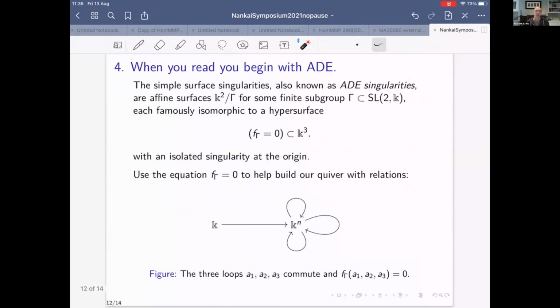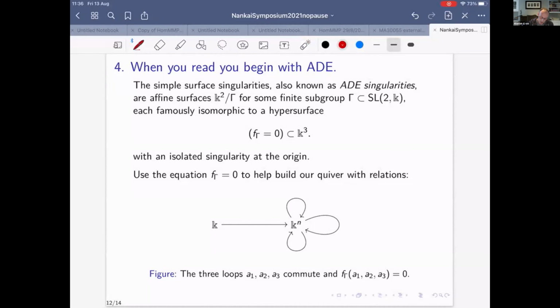So very briefly, what do I mean by an ADE singularity? These simple surface singularities, or ADE singularities, are simply quotients of the affine plane by a finite subgroup of SL2. And famously, due to Duval in the 30s, I think, each of these affine surfaces can be realized as a hypersurface in free space. Armed with this well-known description, I want to construct for you the Hilbert scheme of endpoints on each ADE singularity, K2 on gamma. And the idea is to take our first intuitive construction